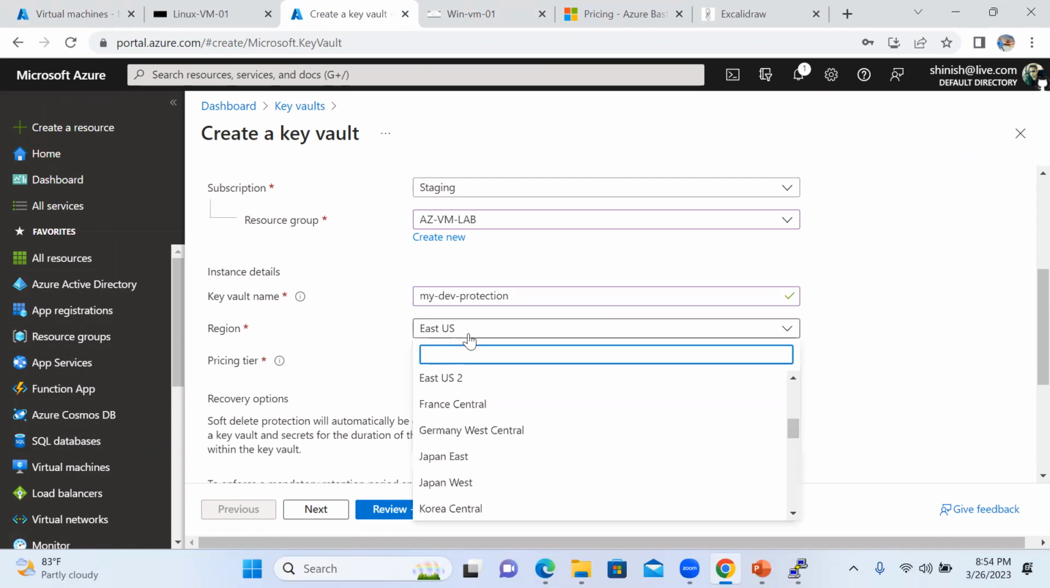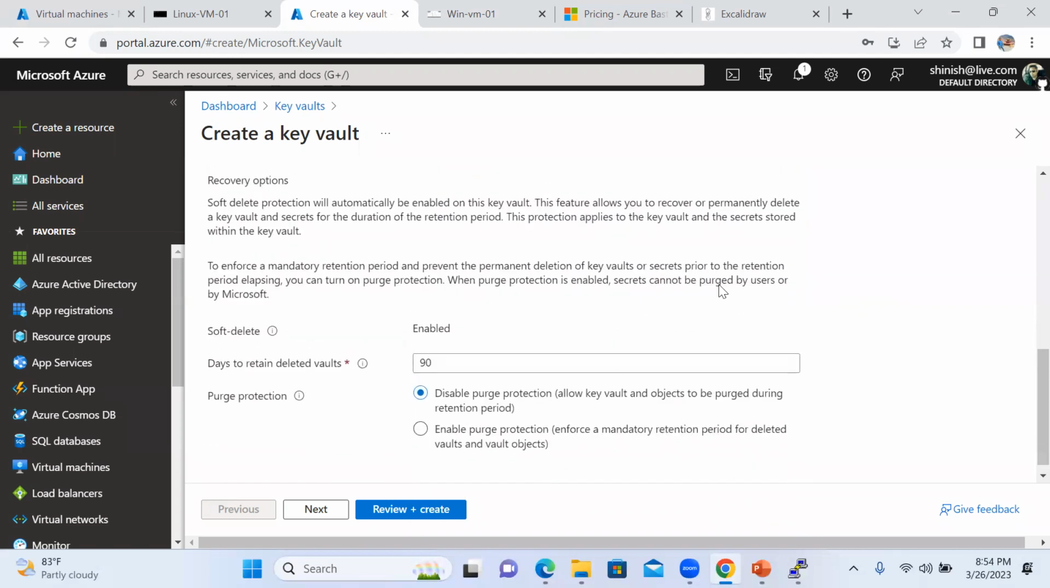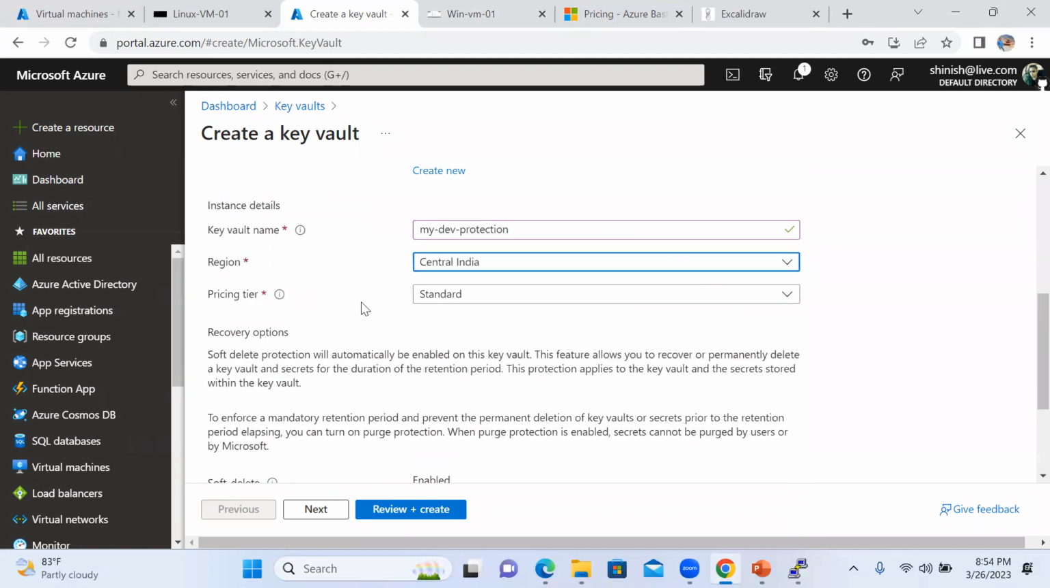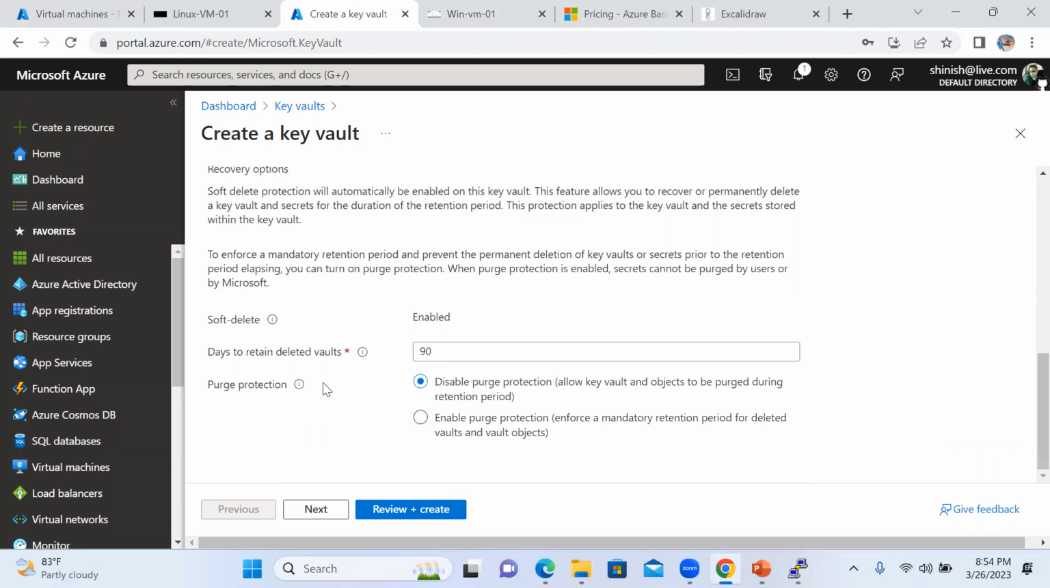Okay, and ensure that the region which you are selecting has to match your virtual machine. So in our case, it is Central India. We will be using Central India. And of course, we have a pricing tier: standard, basic, and some sort of advanced. Depending on the pricing tier you select, you will get more features. So I'm just going ahead with the standard one, and 90 days to retrieve the deleted data,